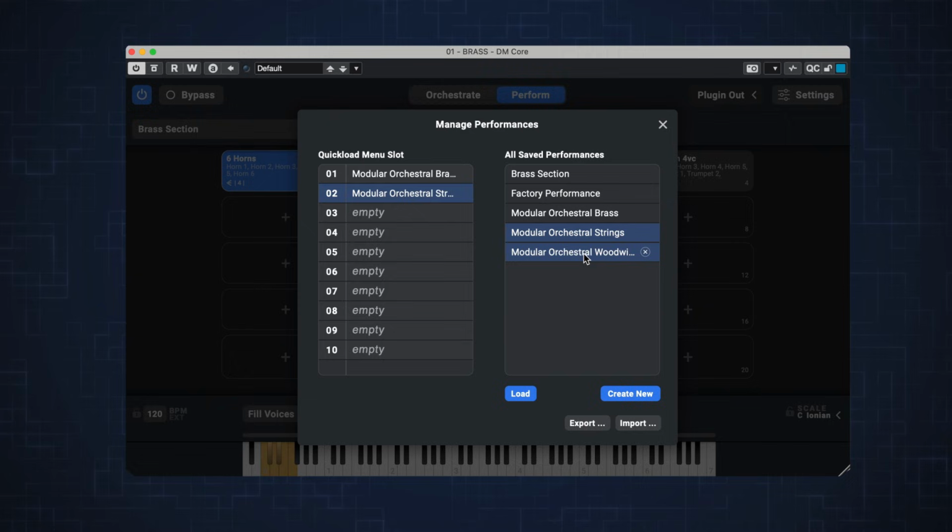This way you can prepare a performance dedicated to your woodwind section and have a whole different layout for your brass section, or even different performances for different compositions, and keep it all organized. Here's where you will also find the different pre-installed factory performances. Down here you can export and import performances, including all the orchestration presets, into one file to share with other